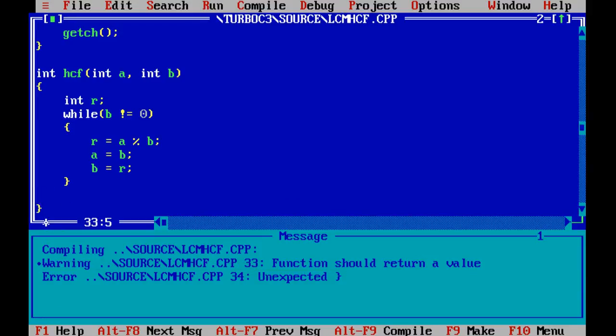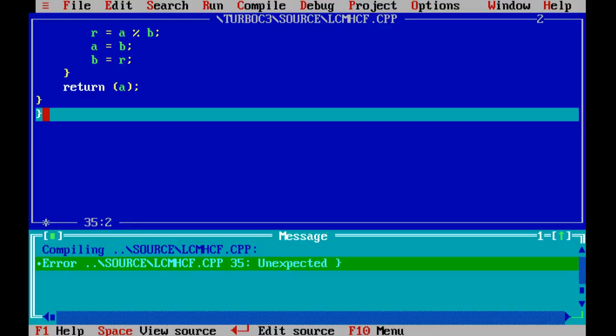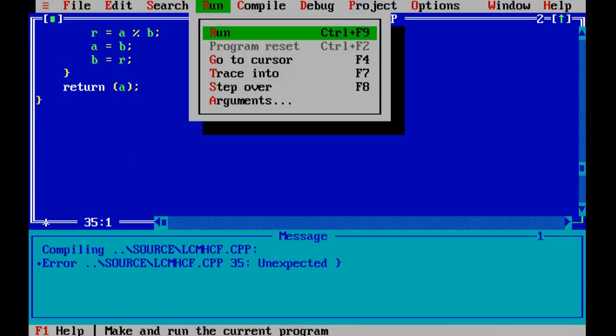Yes, of course it should return a value. So return a.